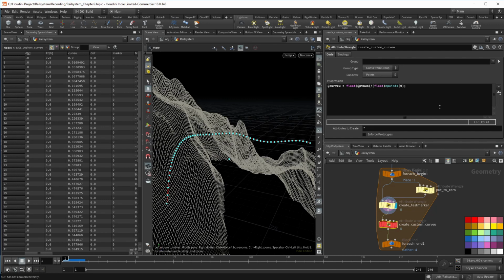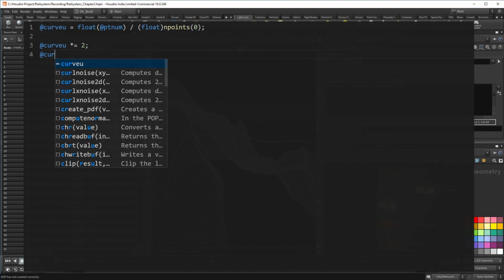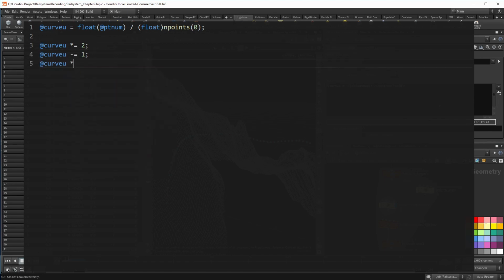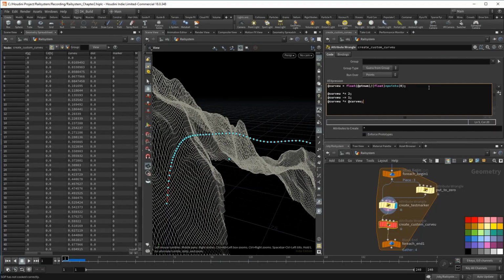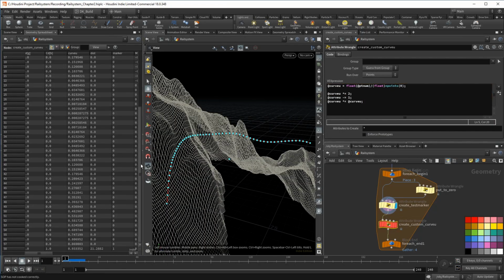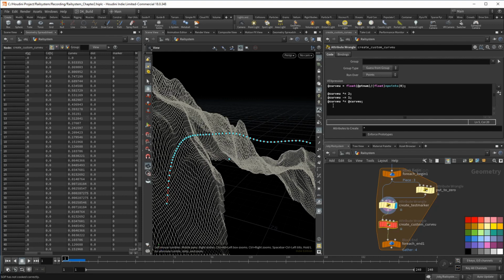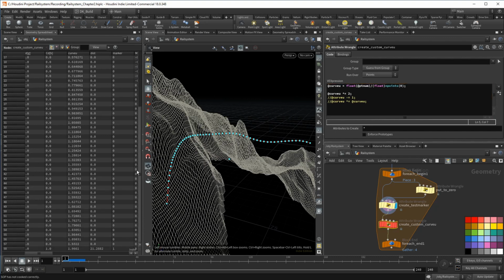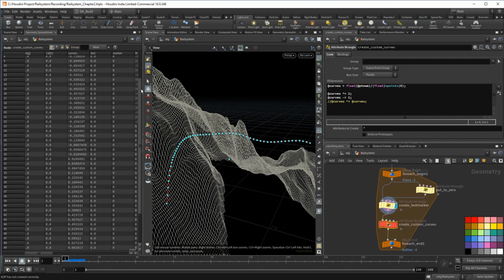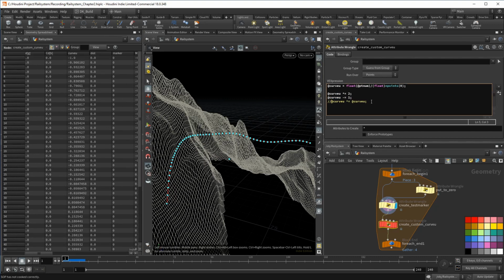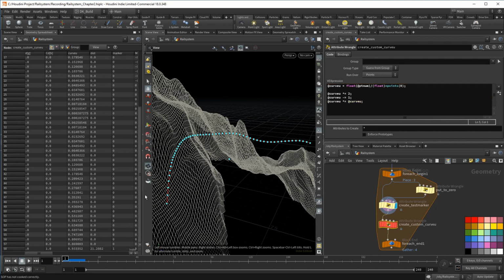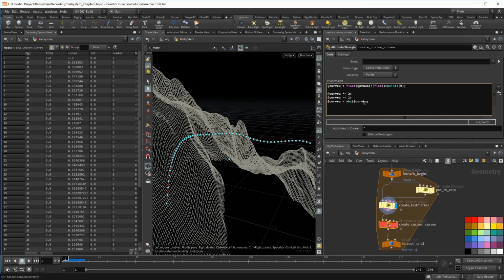Next I use a technique I like to use to remap the range. First multiply by 2. Subtract 1, and then multiply the attribute by itself. Now we have a range starting at 1, going down to 0 at the center, and end up at 1 again. You get a better idea on how this works if I comment these lines out and add them back in one by one. This is extremely useful when you want to do custom bend operations. We will see that later during the course. As an additional note, we multiply the value by itself to get rid of the negative values. You could do the same with the absolute function.